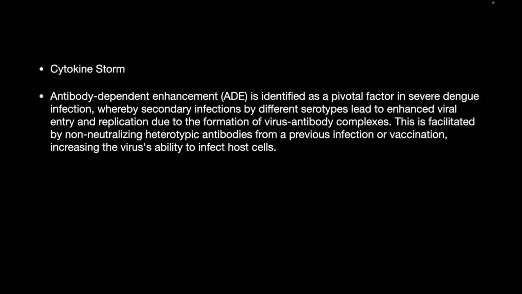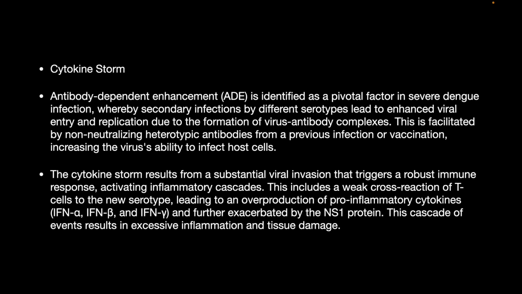So what are the mechanisms of severe infection? First is the cytokine storm. The antibody dependent enhancement is identified as a pivotal factor in severe dengue infection, whereby secondary infection by different serotypes leads to enhanced viral entry and replication due to formation of virus antibody complex. This is facilitated by a non-neutralizing heterotypic antibody from previous infection or vaccination,